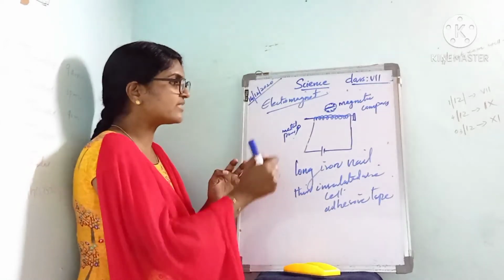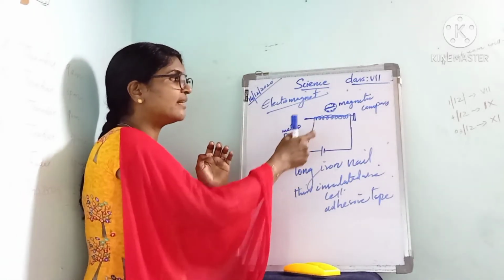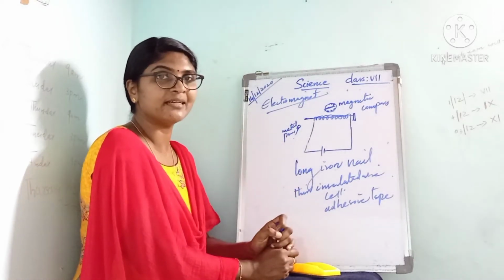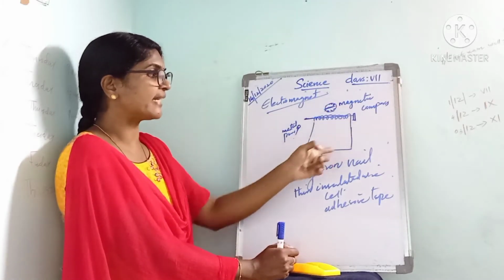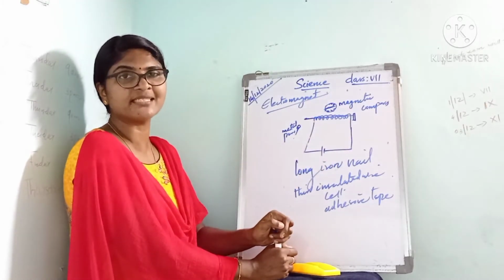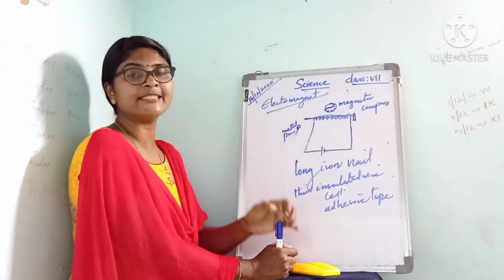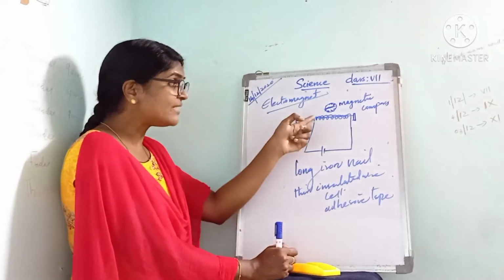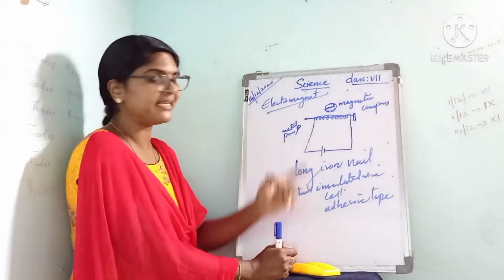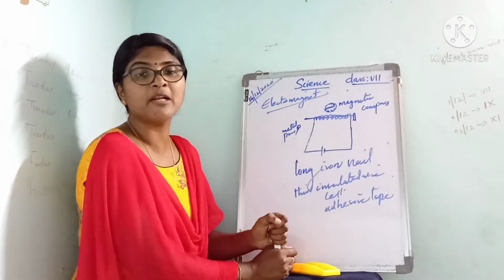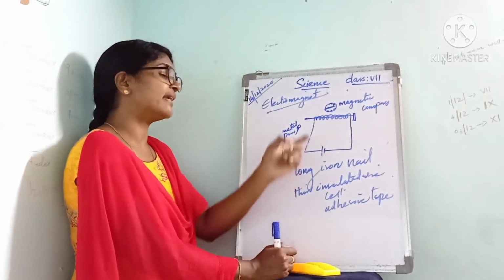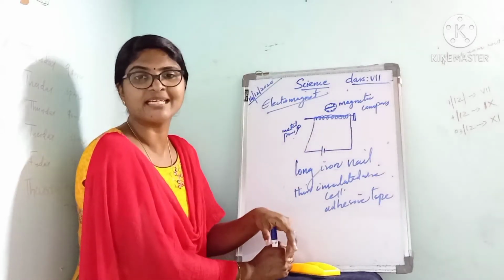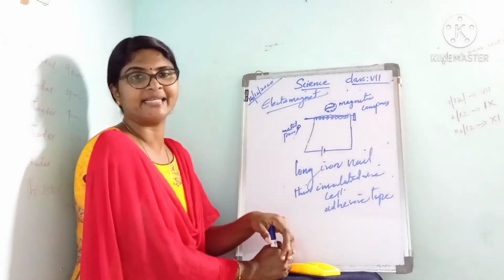And next we have to connect. As we already said, one end of the wire is connected to the negative terminal of the electric cell, and the other is left free. Now that free end of the wire is connected to the positive terminal of the electric cell. Now we can see the coil that behaves as an electromagnet.